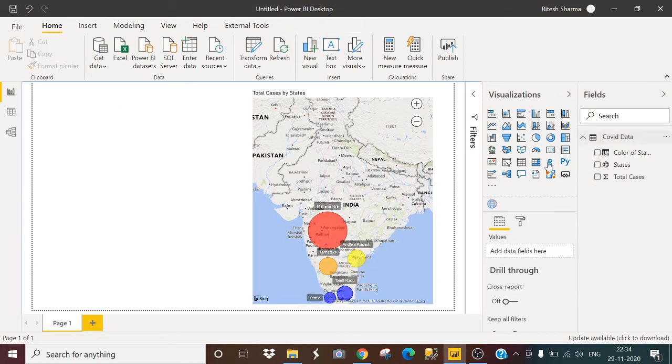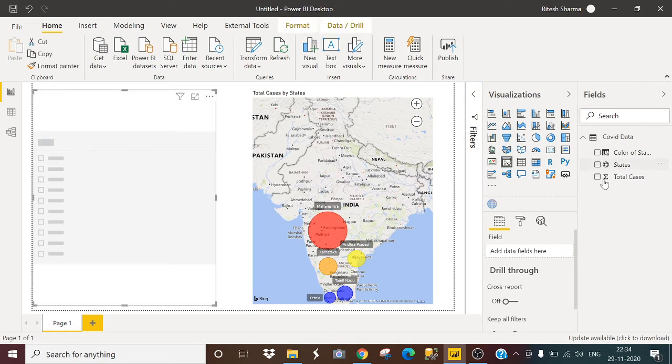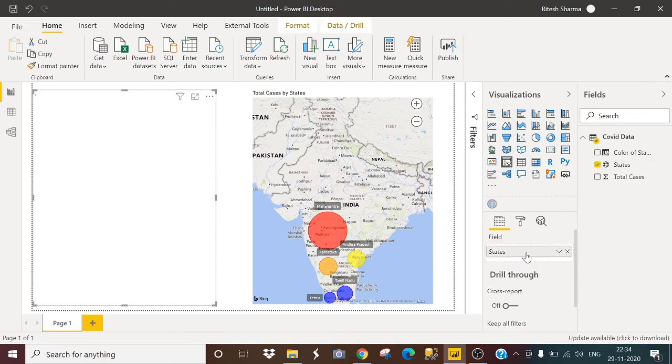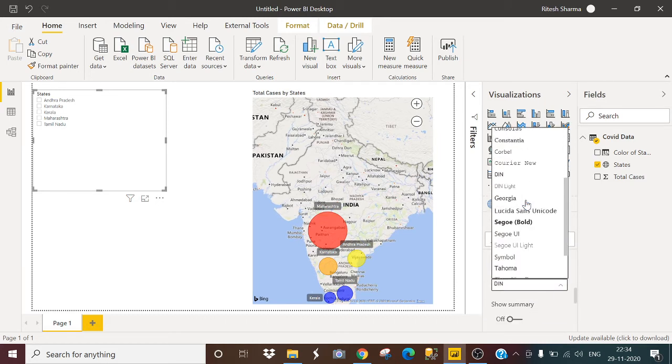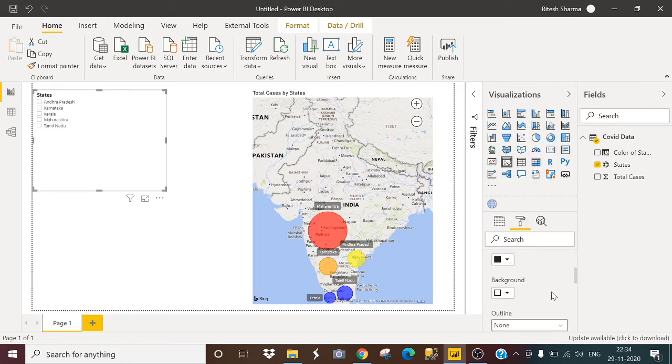Now let me take a slicer here and drag the states into my slicer. Let me adjust the font also.